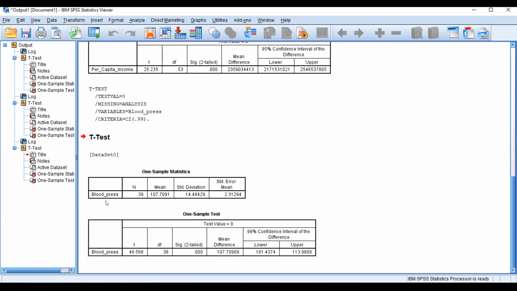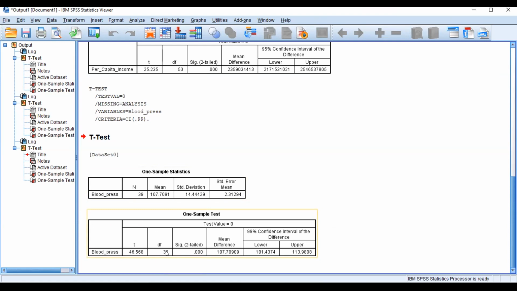And blood pressure, here blood pressure has an average of 107 on an average. So as per the medical, our blood pressure should lie between kind of 90 to 120. Okay, 120 should be the maximum one. So my assumption here is whether the group of 38 people have on an average blood pressure of 120. This is my assumption.